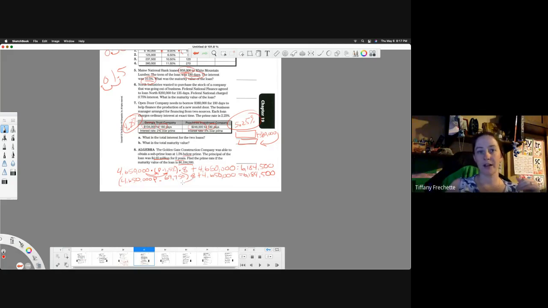For whatever reason, I decided on the distribution here like this. So I'm going to distribute the 8 now from the other side. Doesn't matter which side of the parentheses the number is on. You still distribute or multiply it by everything inside of there. Just like I did with the 4 million in the front, I did the same thing with the 8 million in the back. So I'm going to multiply by 8, and I'm going to end up with a really big number here,